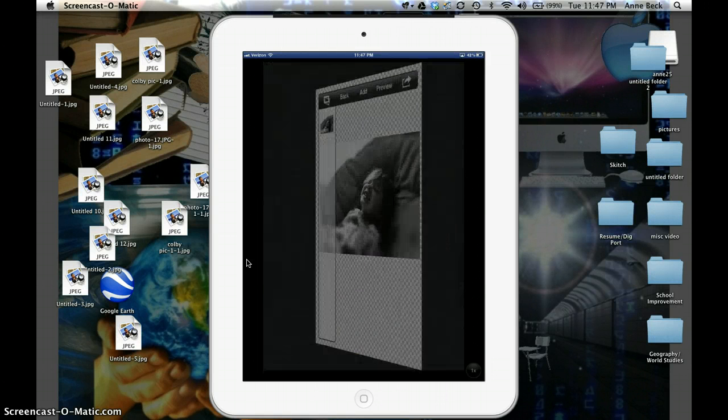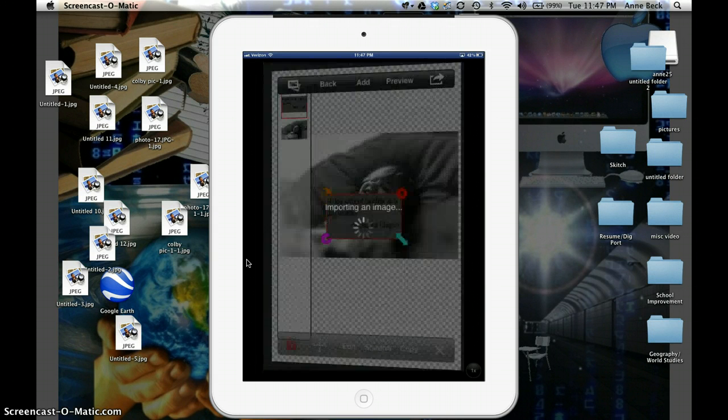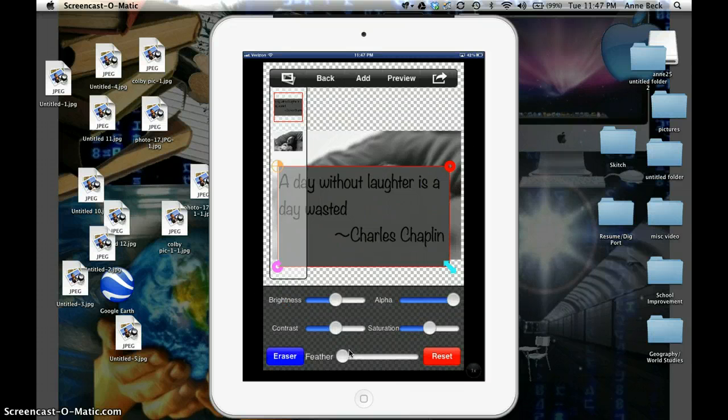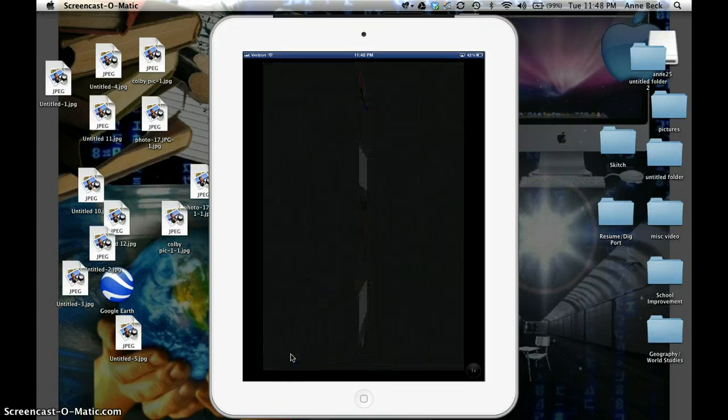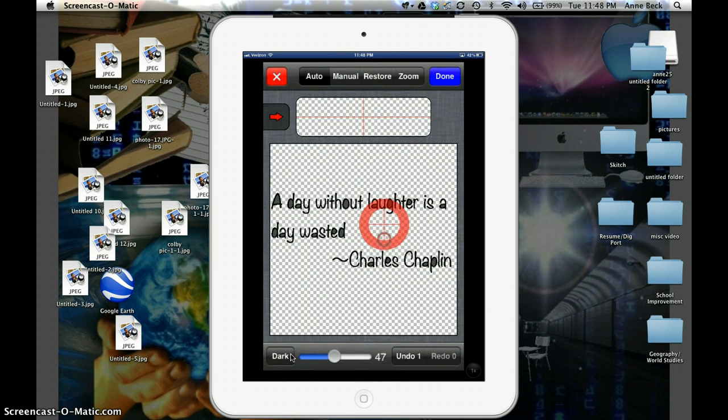Now I'll go into Add, I'll go to Album, and the last thing I added was my photo that I just made. Now you can kind of crop it down if you want to, that way you eliminate what you have to take the background out of in a minute. Press Done, make it bigger, and I'll go back down to Edit, right there. Press Eraser, right there. And then I make sure that it's on maybe close to 50. Now it's taken out the background, and what's left is just the middle of the letters, so you do have